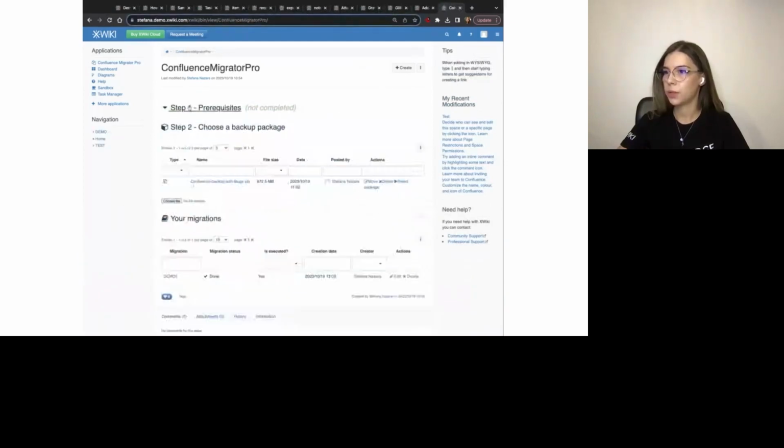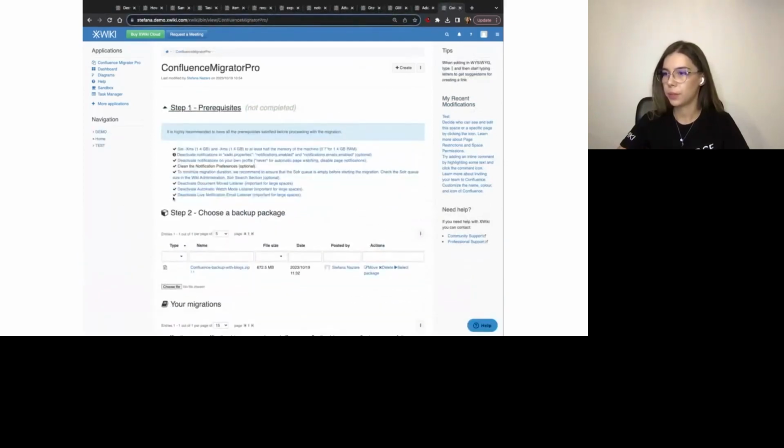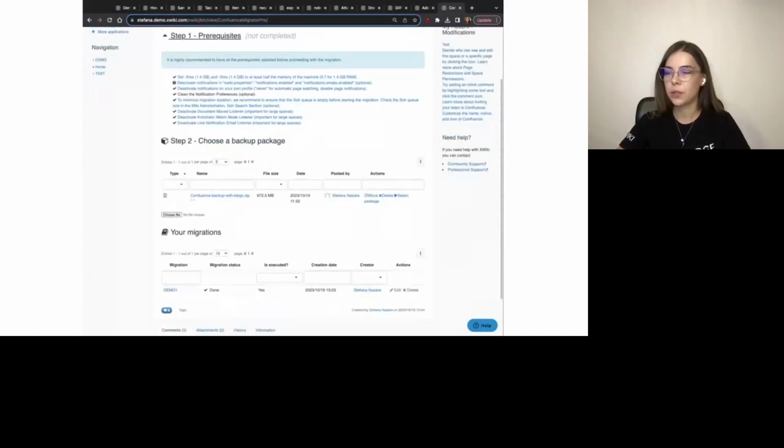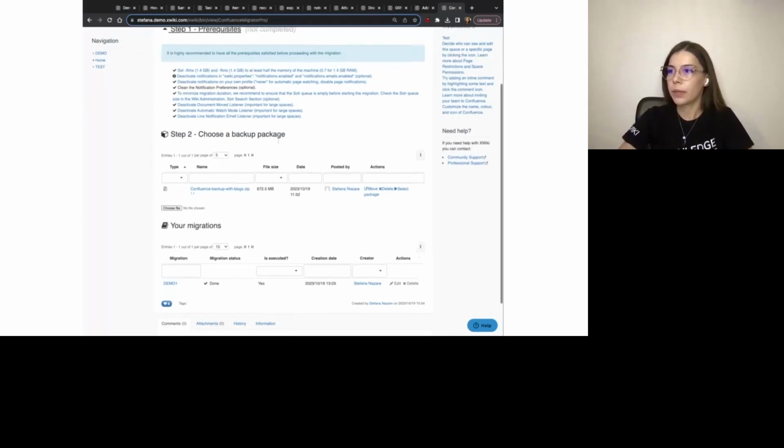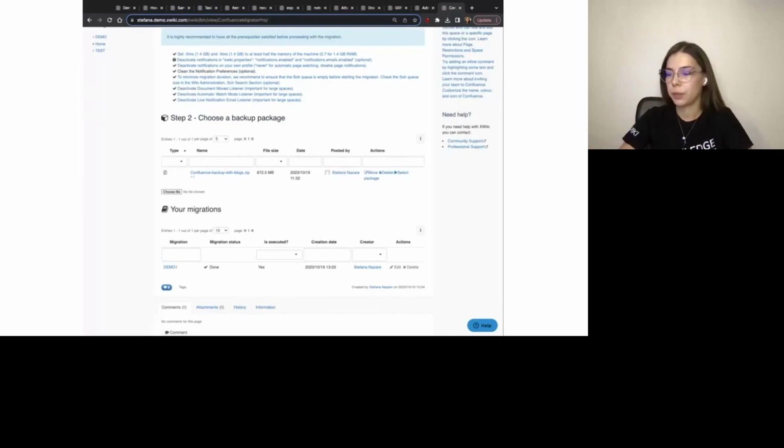Right, and we should now see that these have been completed. All right. So this is again just a one-time thing before starting the migrations, and then they should be activated again once migrations are done. Then when we actually start migration, what we call a migration usually refers to a batch of spaces,